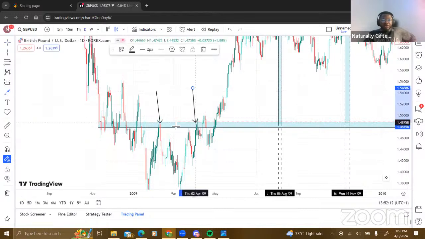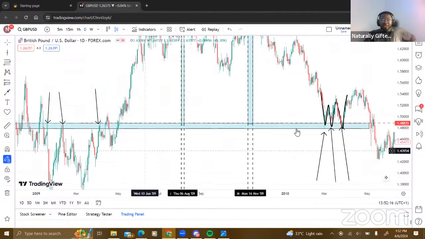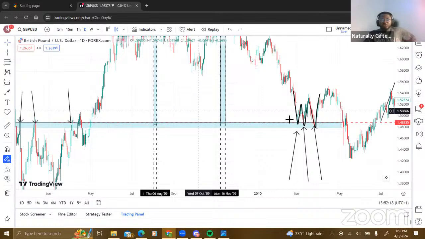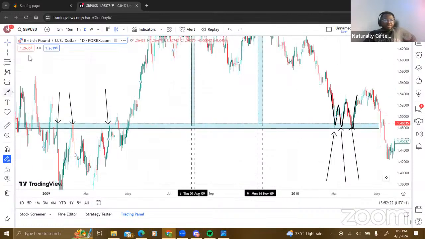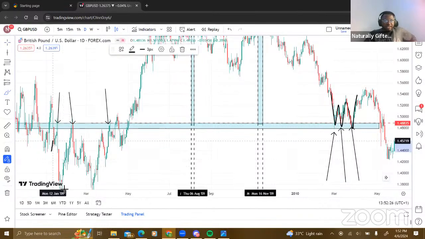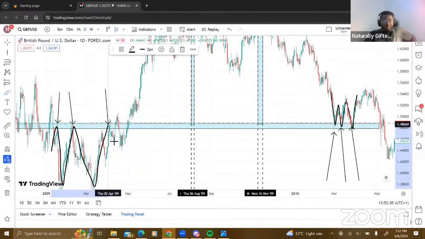So what it did here was it made this place the ceiling. But getting to this point in time, it decided to do the reverse. So price moved up here, moved all the way to this point here, came down, moved up here, came down, moved up here, came down before it finally broke. It made this place a ceiling. But guess what? The reverse was what it did there. It made it a floor here, the same zone.